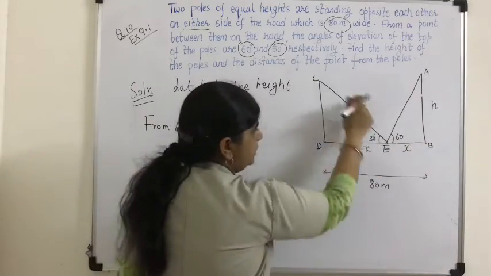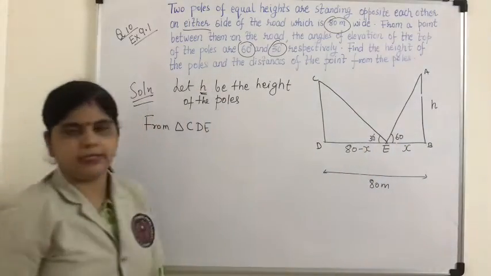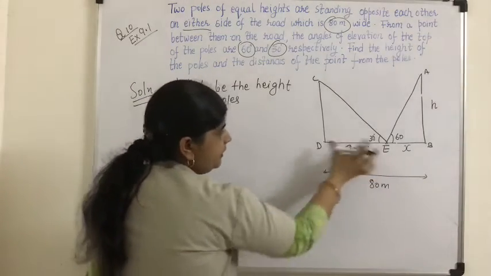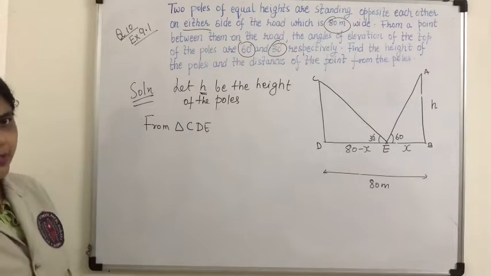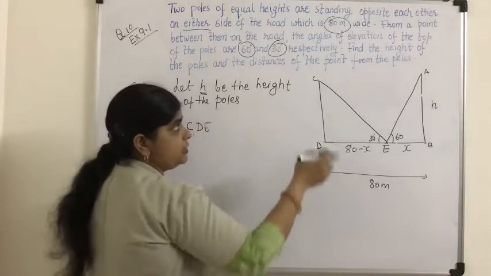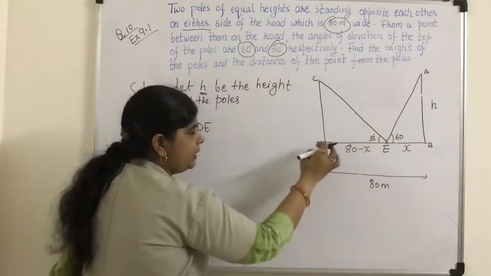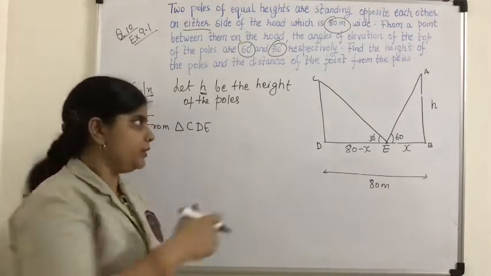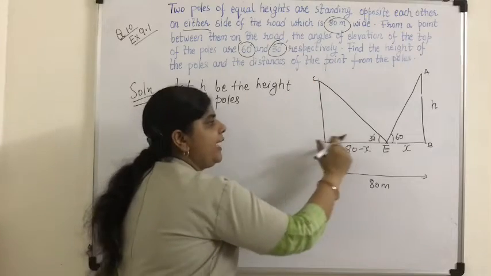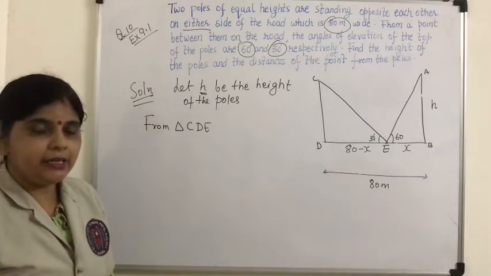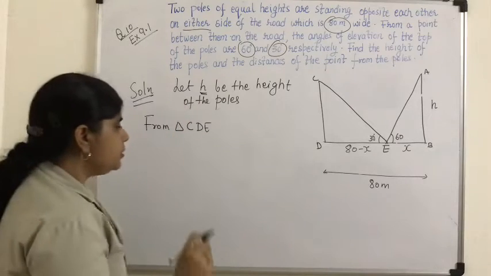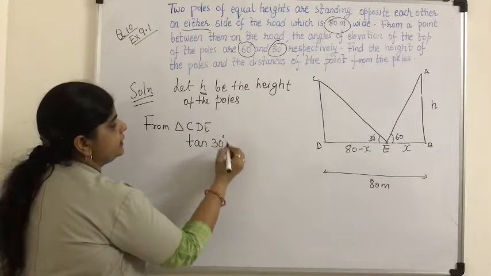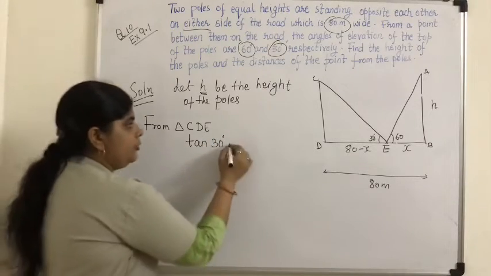Just imagine you have a right angle triangle, in which one angle is 30 degree, right? So I want this height and this base, right? So I have to choose any one trigonometric ratio which involves height, means perpendicular, and base. So which is that ratio which involves perpendicular and base? So that is your tan. Tan is perpendicular upon base, right? So that is why I choose tan. So tan, and what is the angle given? Angle given is 30 degree. So tan 30 degree. Now what is tan theta?